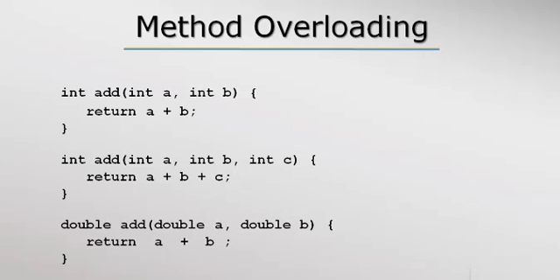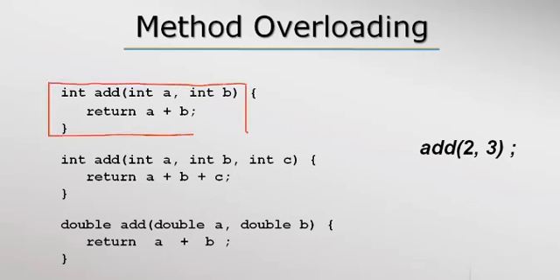And if the method is overloaded, like the add method shown here, by looking at the method signature, we can identify the method uniquely. For example, if one was to make this method call, which of these three methods do you think should get called? Well, it is this first method because the method name is add. But we have three methods with the same name. So we look at the parameter list and find that we are passing two integer types as arguments, hence the